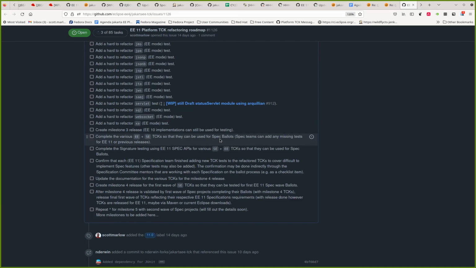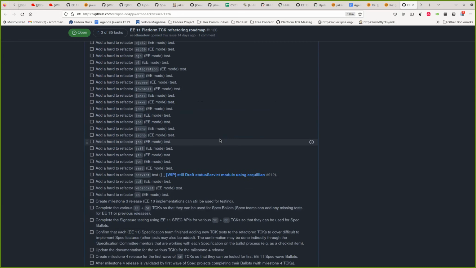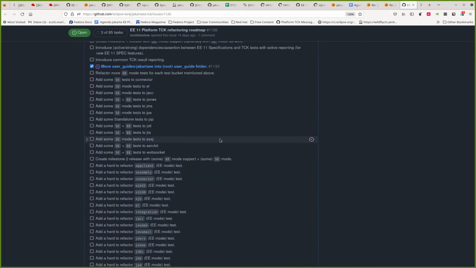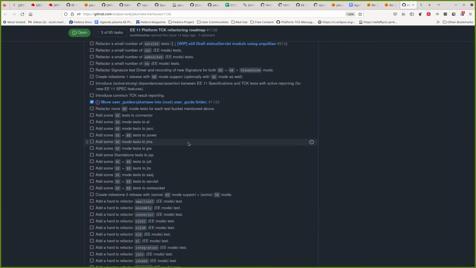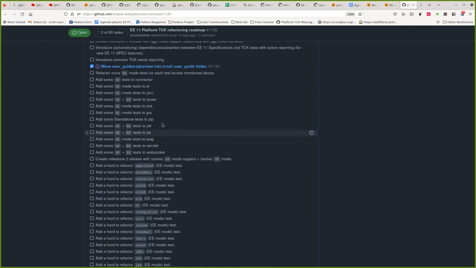And the chicken and egg problem is, let me see, there's a quick summary in here, right here. So there's a quick summary here of which test buckets